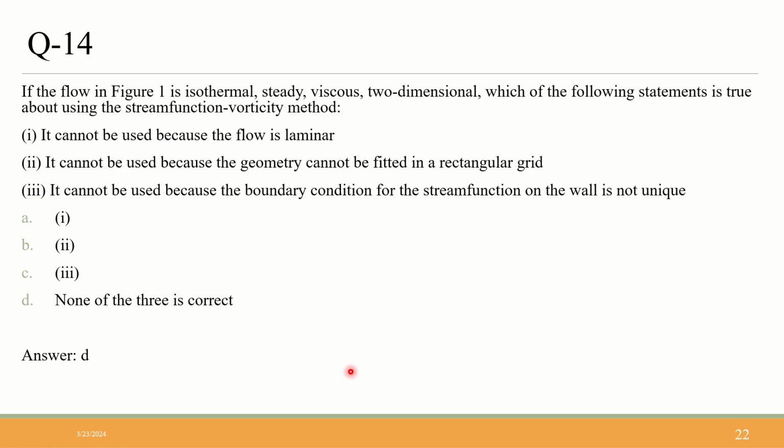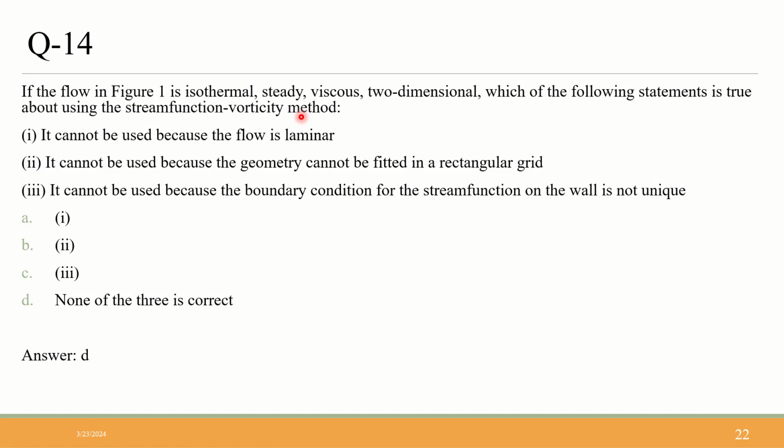We'll go to question 14. It is similar to the problem we have seen in the previous slide. If the flow in figure 1 is isothermal, steady, viscous, two-dimensional, which of the following statements is true about using the stream function vorticity method? So what is mentioned? It is an isothermal problem, steady state problem, viscous problem, two-dimensional problem, and we are using the stream function vorticity approach. The stream function vorticity approach has a limitation for two-dimensional problems,